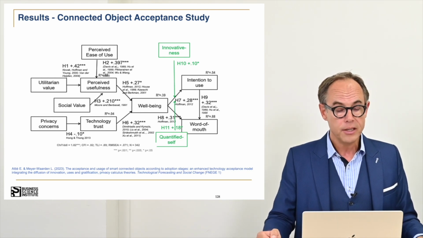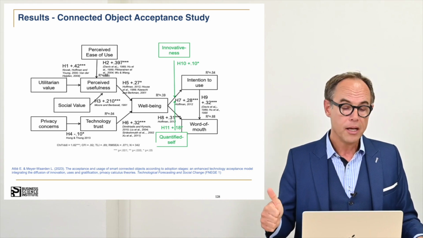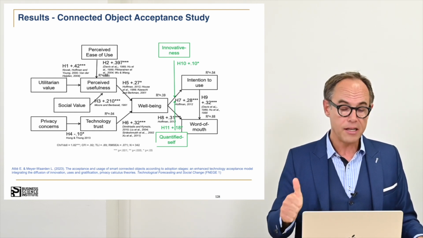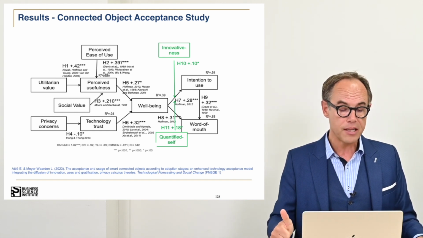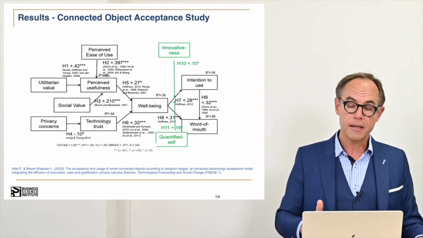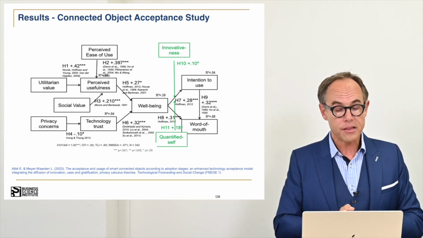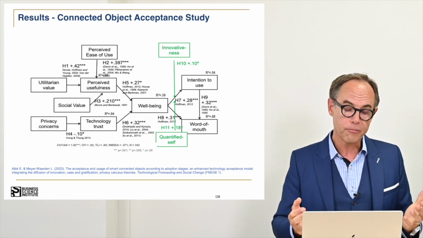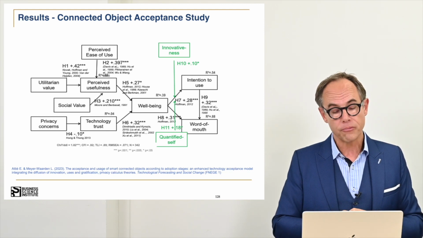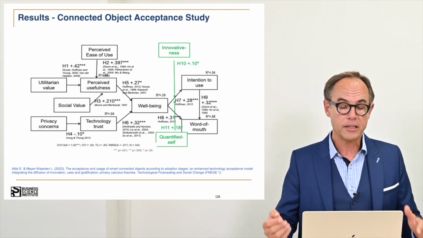Hypotheses 1 and 2 have a highly significant positive impact on perceived usefulness at the 1% level. Social value also has a highly significant positive impact on perceived usefulness. Various privacy concerns have a highly significant negative impact on trust. And respectively, usefulness has a highly significant positive impact on well-being, and trust also has a highly significant and positive impact on well-being, which subsequently has a highly significant positive impact on intention to use and